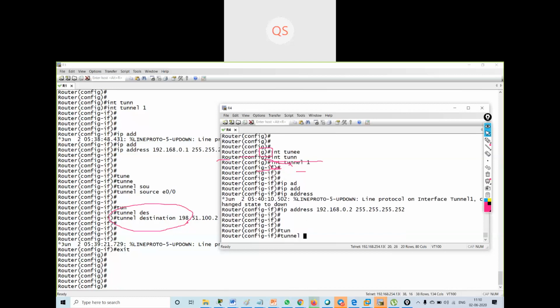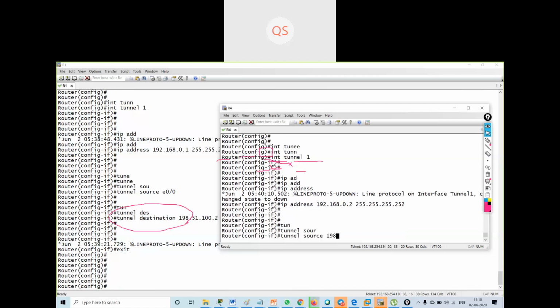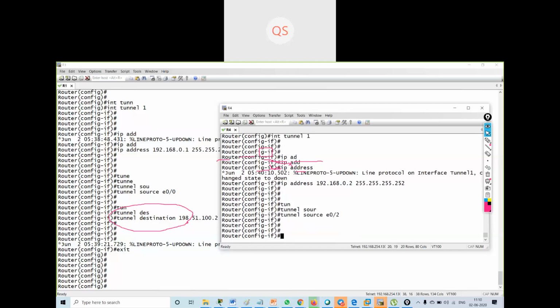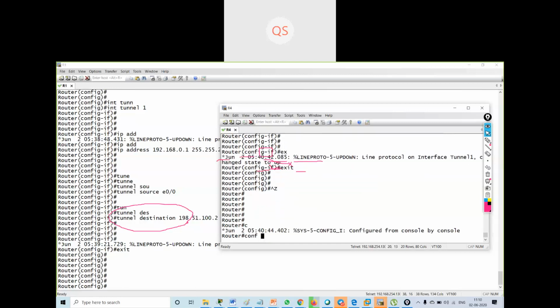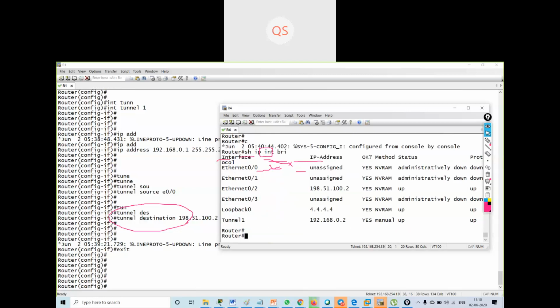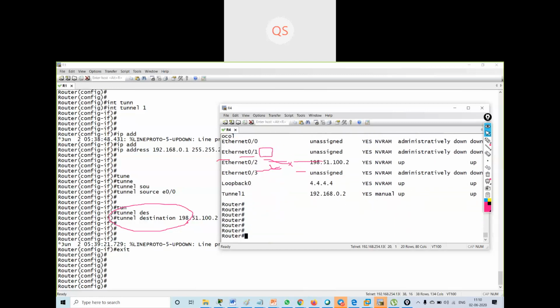Then tunnel source is my Ethernet 0/2, and my tunnel destination is 192.0.2.1. Exit. Okay, now I can see show IP interface brief. I can see my tunnel is up. I have formed a GRE tunnel. My tunnel is up.